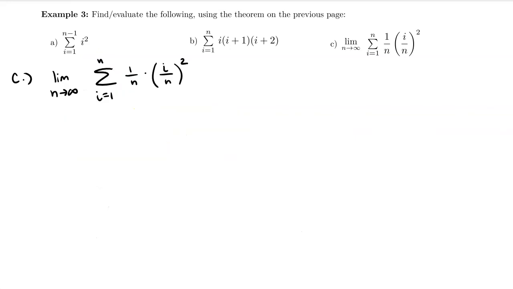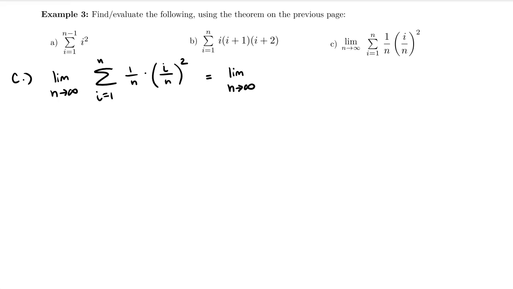All right, part C of this example, we are seeing a limit for the first time included with our summation. So essentially we want to simplify our summation first, and then at the end we want to evaluate the limit. And it turns out that this is going to become a very important idea when we reach further topics in Calculus 2. So we have this, and this is equal to the limit as n approaches infinity of,